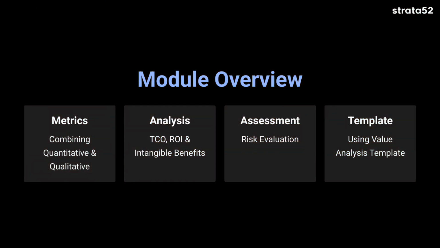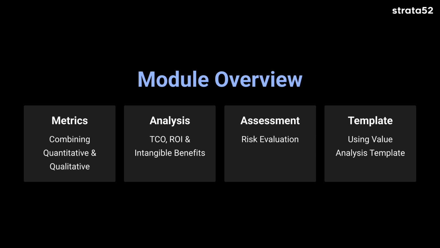So in this module, we'll address first, combining qualitative and quantitative metrics for a holistic view of this AI tool. Second, the total cost of ownership, or TCO, the ROI, and the intangible benefits, the pillars of any robust value assessment. Third, the risk assessment to highlight any potential pitfalls. And fourth, using the value analysis template and prompting ChatGPT or Claude in the same context window to generate a